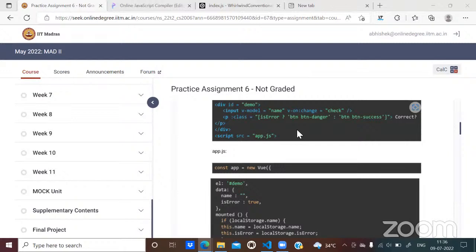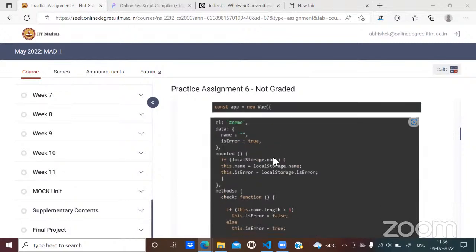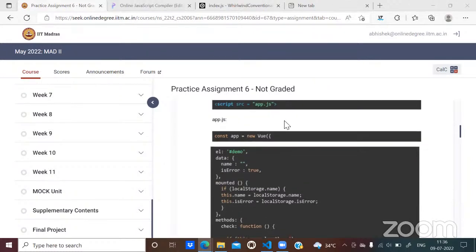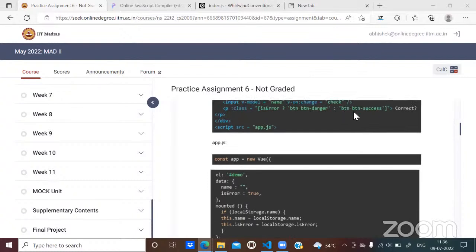But how will that happen in this current code structure? If you want to make it false, what you should do is convert it into the Boolean type while fetching it. You apply Boolean, keeping it within brackets. Then it would become a Boolean false, and that's when this text-success class would be applied to this paragraph. Okay, sir. Thank you, sir.